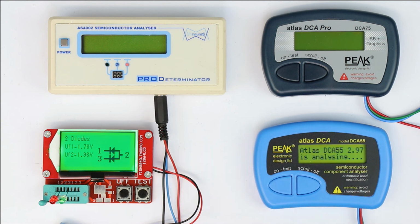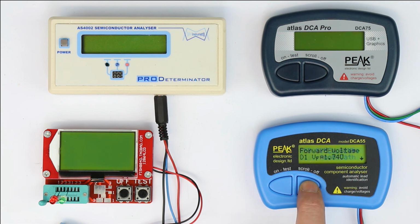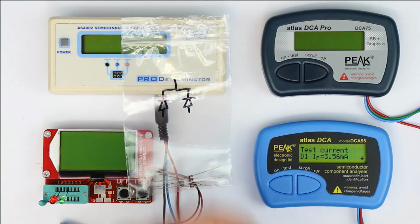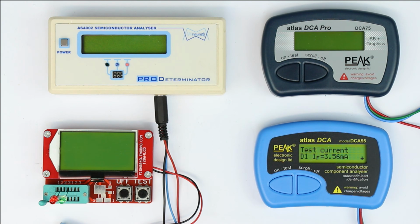Now let's see if the cheaper Atlas one can display it. Yes, it correctly identifies 3-terminal bicolor LEDs, but oh sorry, again the test button. Now let's scroll, and again you have to write down the connection of diode 1 and diode 2 to see which kind of 3-terminal LED of the 3 variations it is. So ergonomically, again, not very good. So we'll stop here and see if the